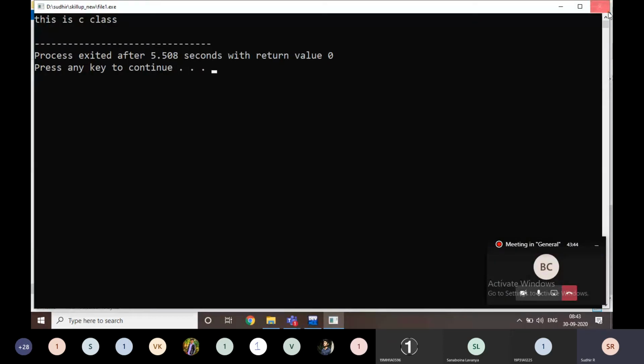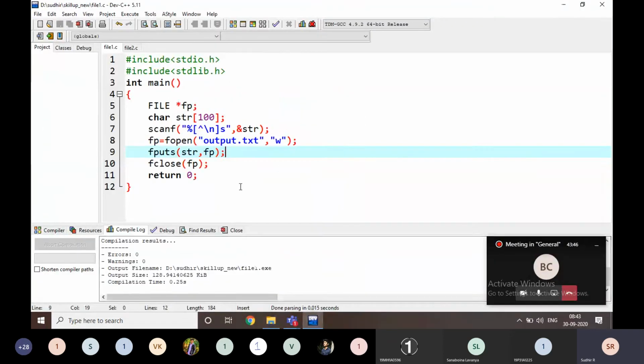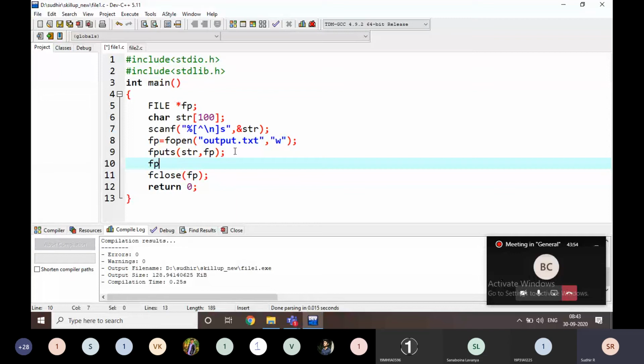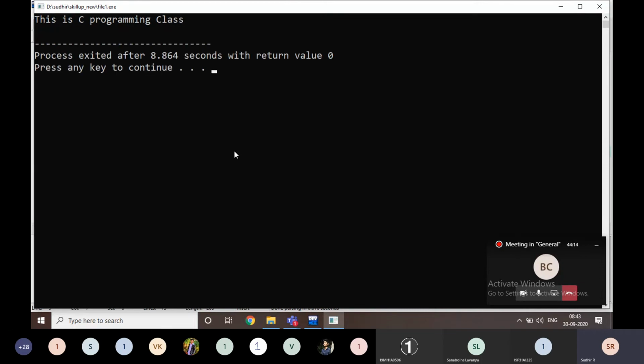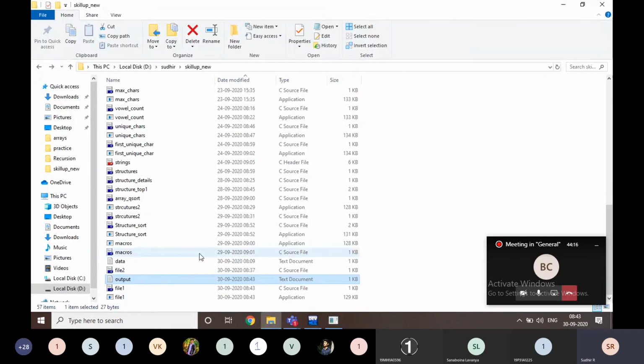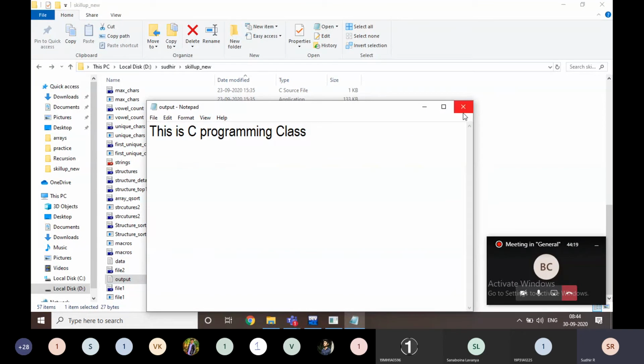Just simply what I'm writing here is fputs of str comma fp. That's it, nothing else. We can also write using fprintf, fp comma str. This is a C programming class.